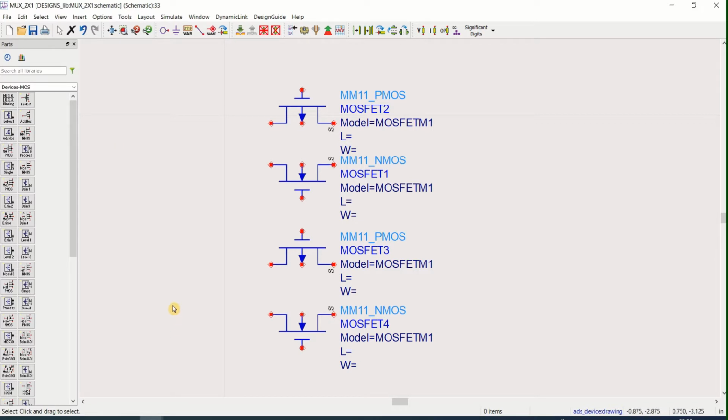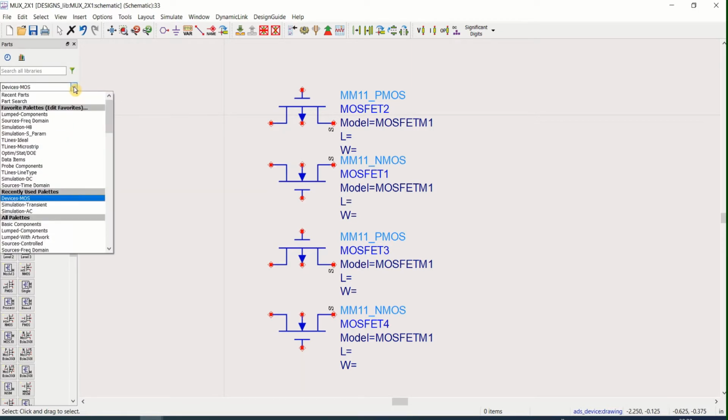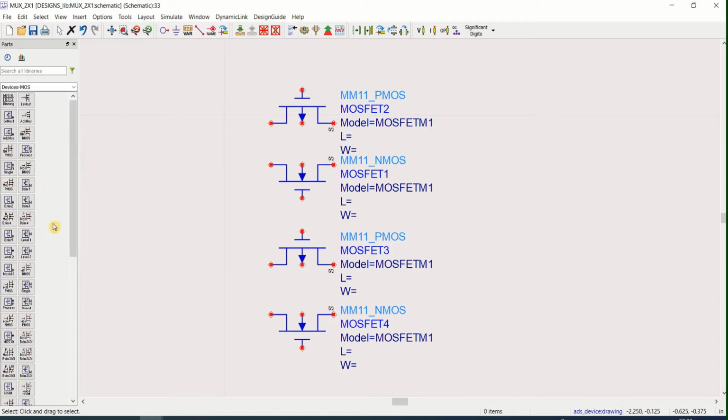For design of multiplexer, go to the component palette, select the devices MOS. From there, you can place the PMOS and NMOS. So these are the NMOS and PMOS devices that are to be placed for designing.